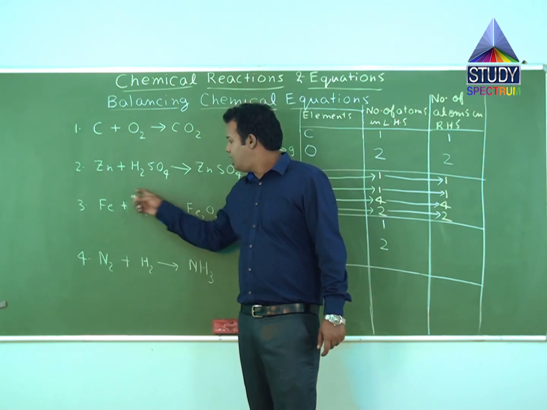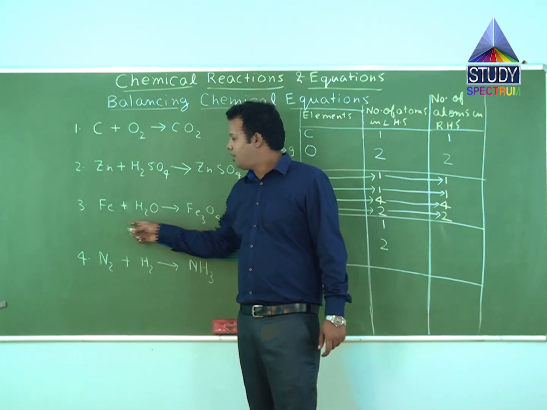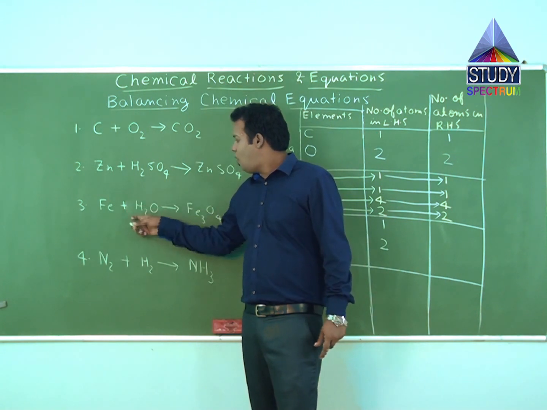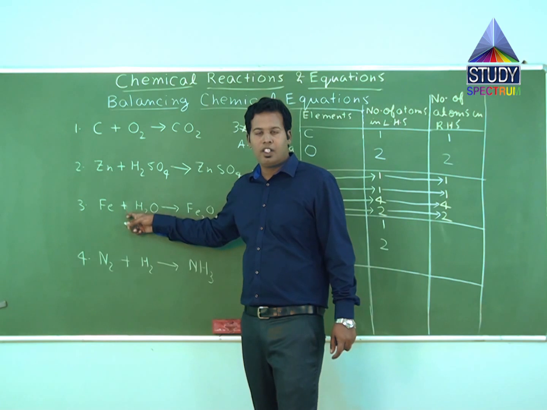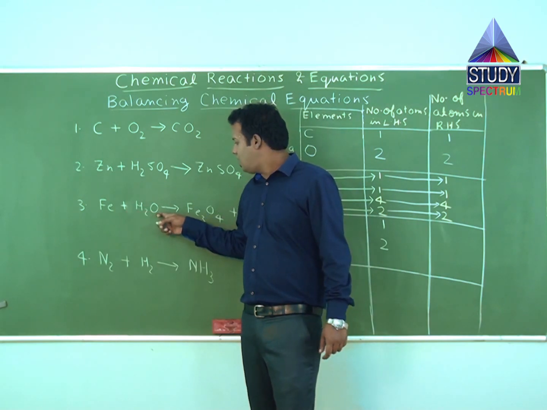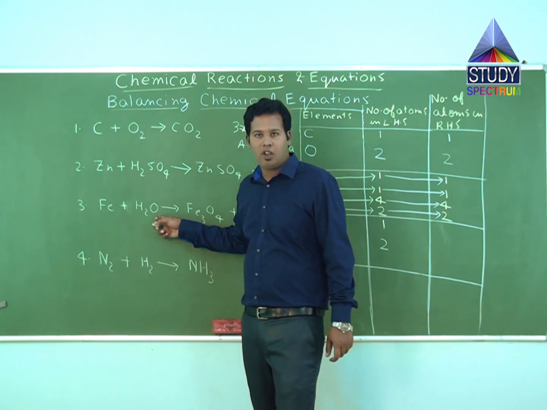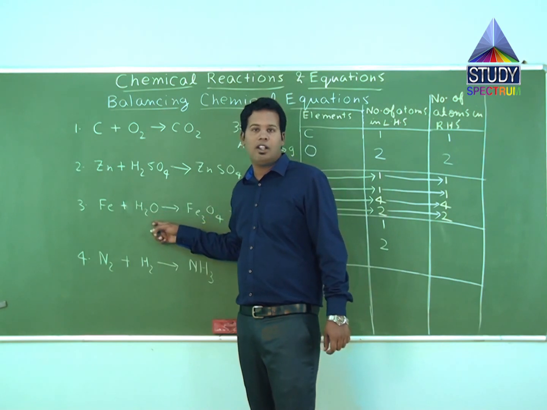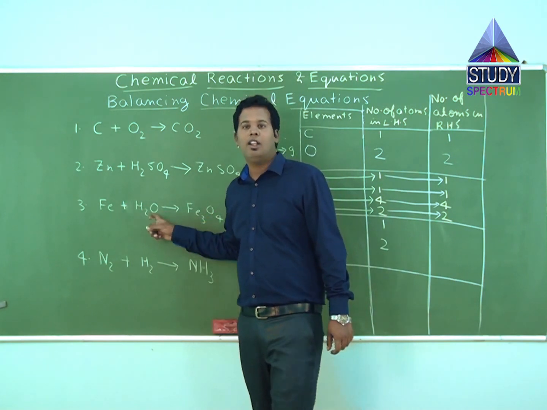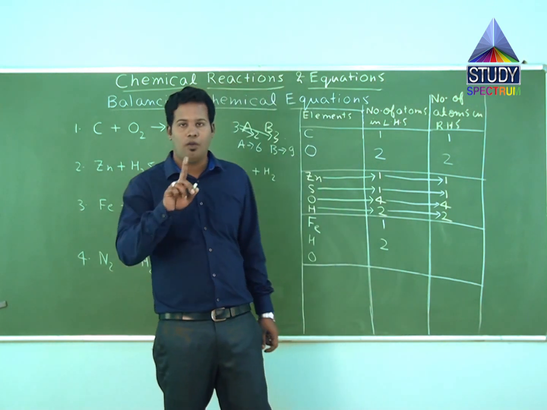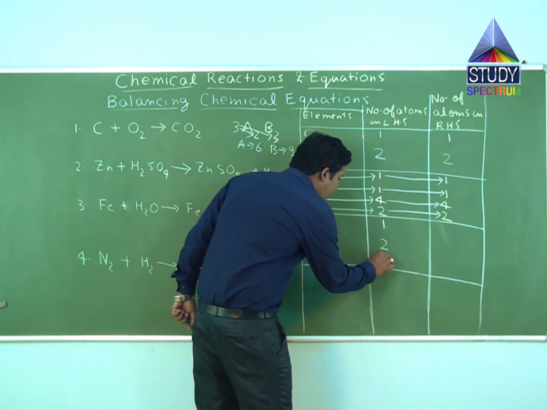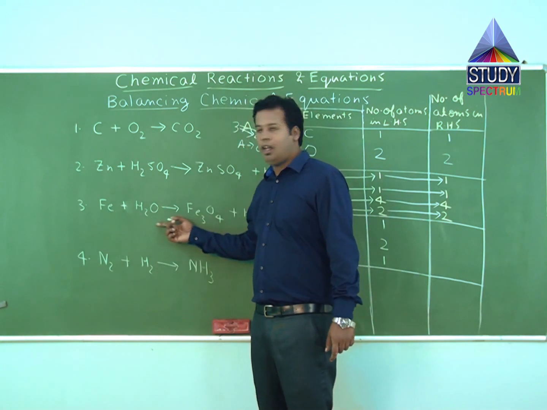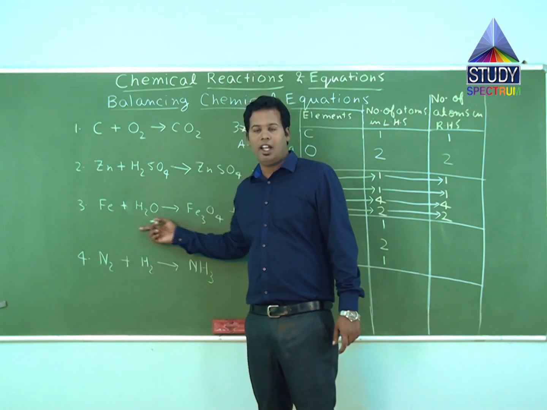Okay, now the third element in LHS is oxygen. Oxygen is present only in the second reactant. In the first reactant there is no oxygen atom. Now the coefficient of this compound is 1 since nothing has been written, and since nothing has been written as the suffix of oxygen, it means the suffix of oxygen should also be 1. So coefficient of this compound into suffix of oxygen in this compound, that is 1 into 1, will give the number of oxygen atoms in this compound, that is 1 itself. So number of oxygen atoms in LHS is 1. We are done with all the elements. We have calculated the atoms of each element in LHS.